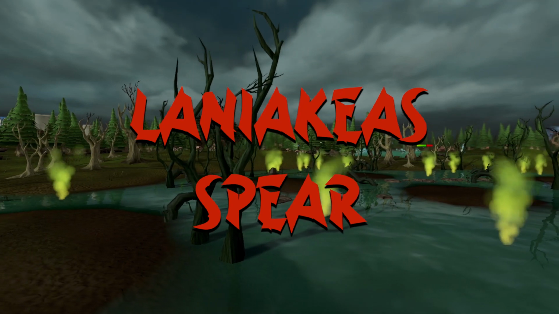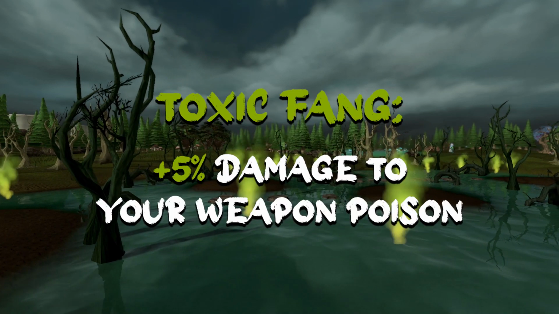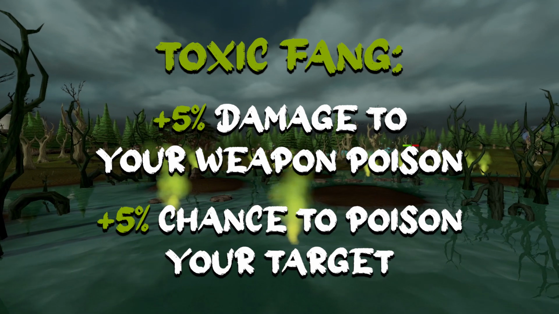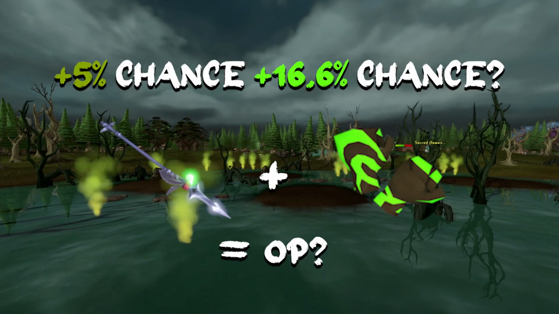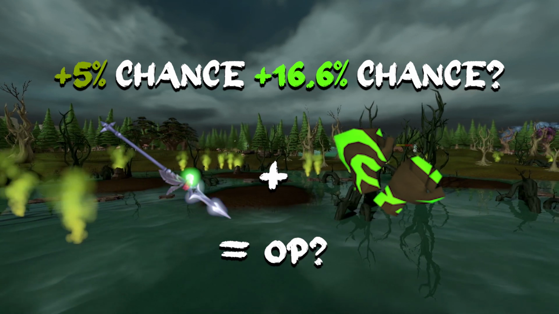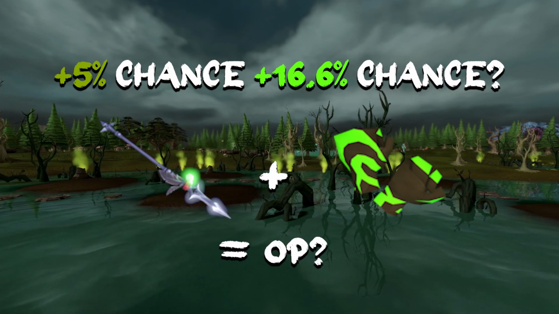Now let's talk about Laniakea's spear. As you may be aware, Laniakea's spear has two passives. It'll increase your poison damage by 5% and increase the chance to poison a target by 5%. I wanted to know whether this 5% increase in proc chance would interact with the 16.6% Cinderbane gloves passive. Would this spear make the gloves proc